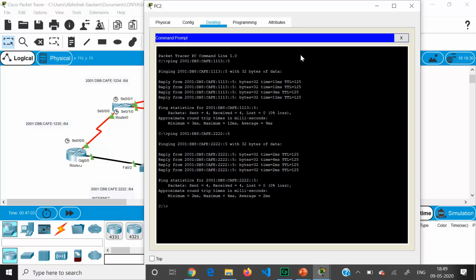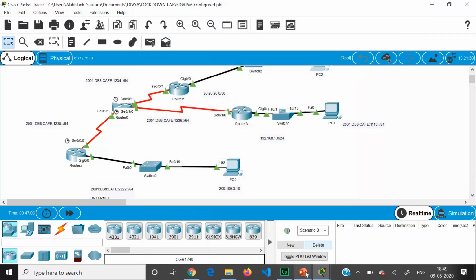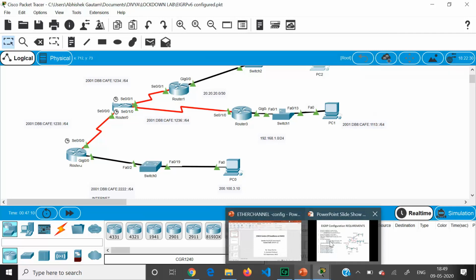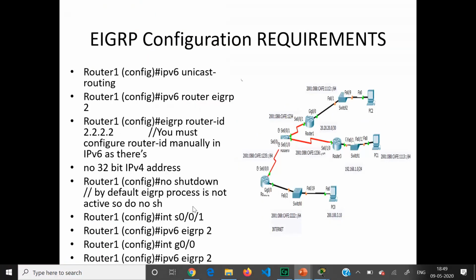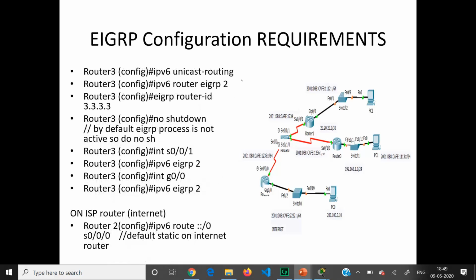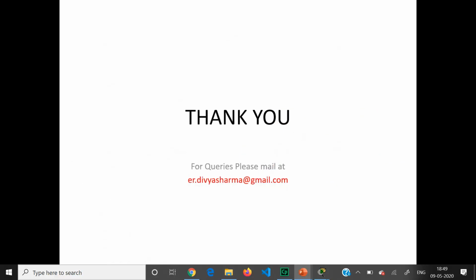So you can verify the connectivity like this. So we have seen the configuration of EIGRP routing for IPv6 network.